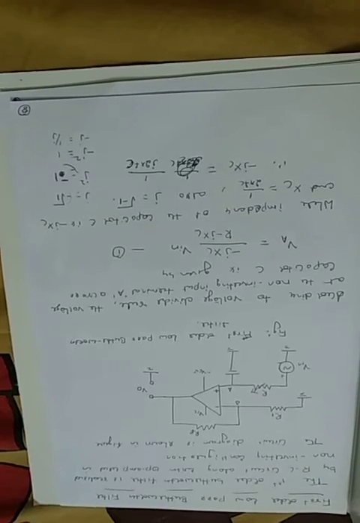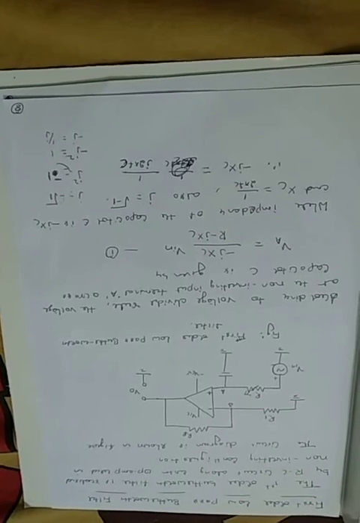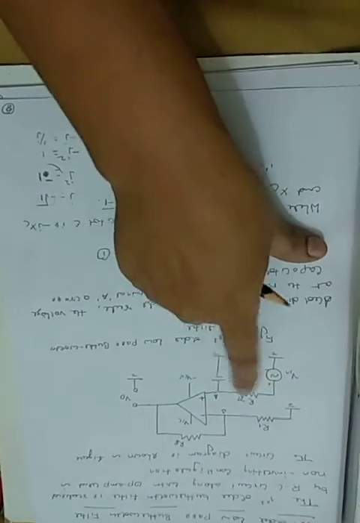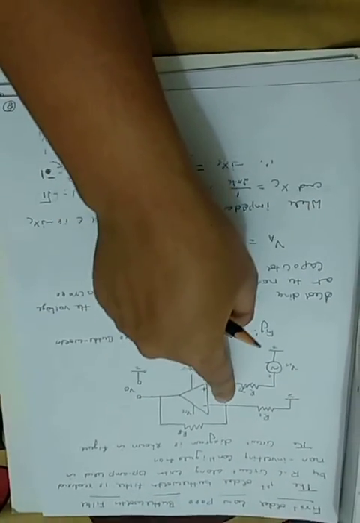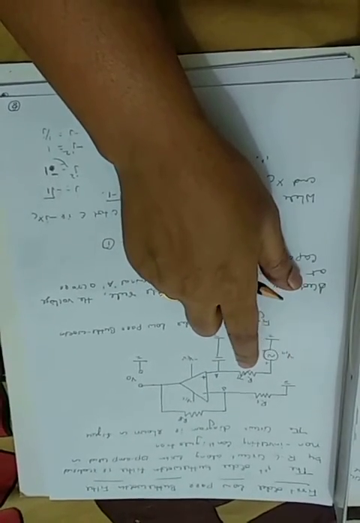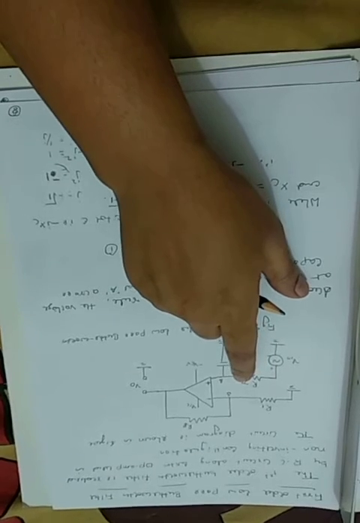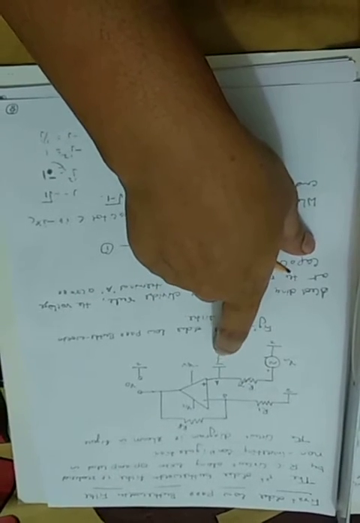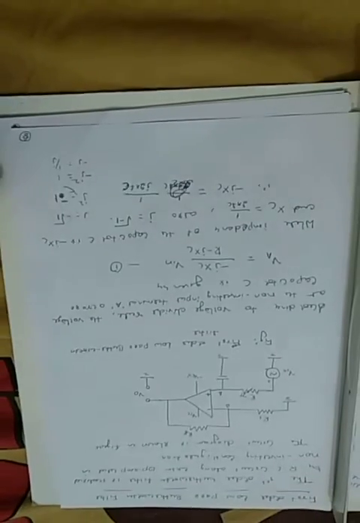This is the circuit of the first order low pass filter used in the non-inverting configuration. That is, the input is applied at the non-inverting terminal and the feedback is applied at the inverting terminal. The input is connected through the variable resistance R, and we have also made use of a capacitor C. So this is an active filter.